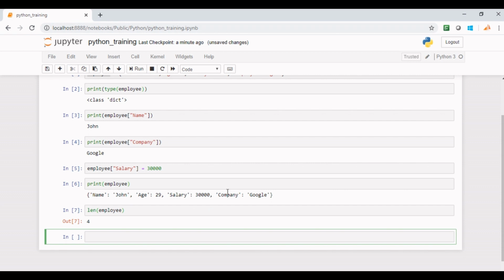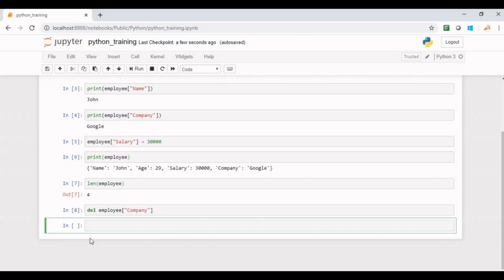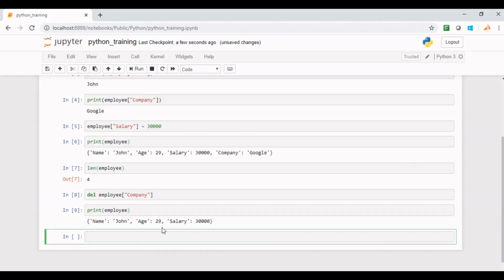That is correct. If you want to delete a key value pair from a dictionary, just delete its key. Entire key value record for that key will be removed. Say if you want to delete company details, then we will have to use company key. Syntax del is used to delete a record of a dictionary, and check content of dictionary employee. Here you can see that company details are deleted.